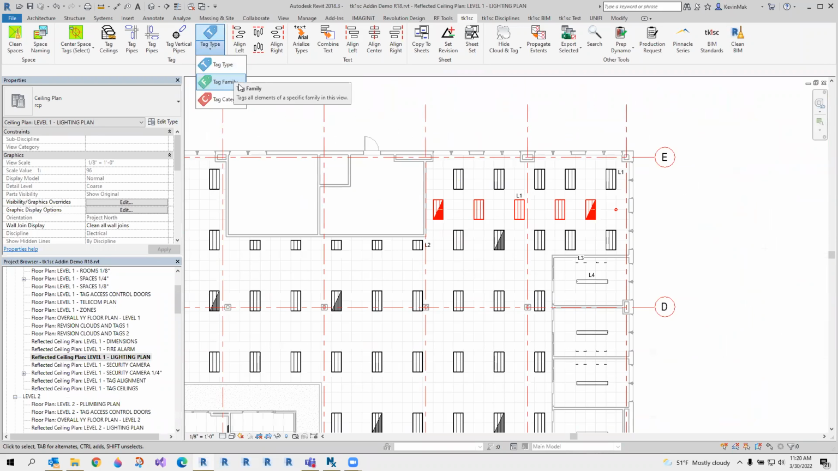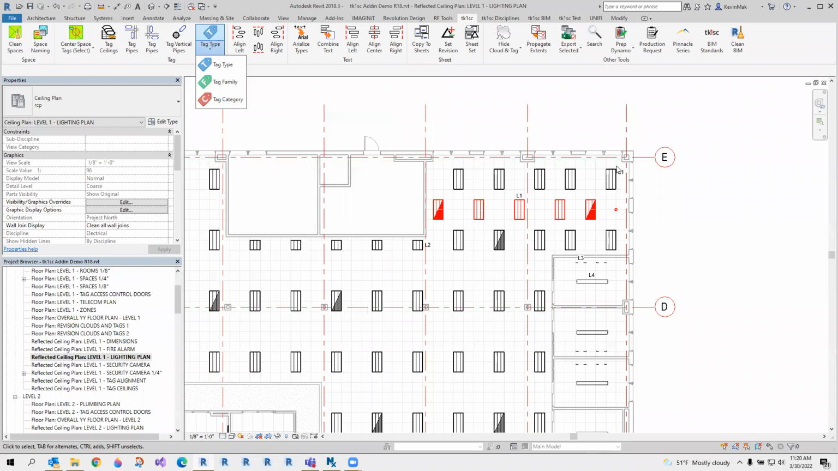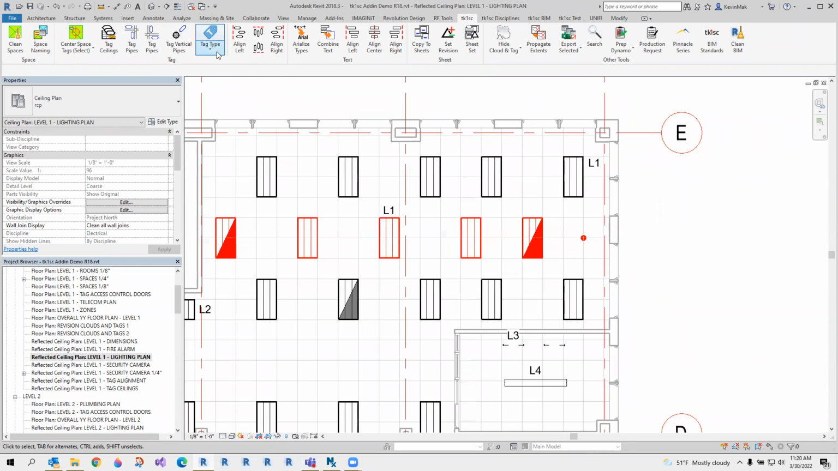Tag type, tag family, and tag category. The tag category tool is very similar to the Autodesk tool that tags everything in a category. For example, if I have a tag type tool, it is going to ask you for an example again. Tag one of the fixtures in your view, and then I'm going to use that as an example